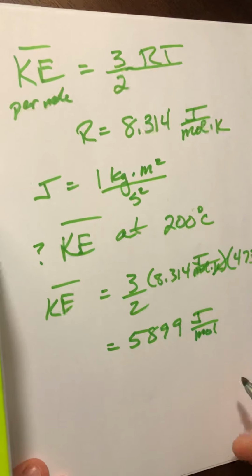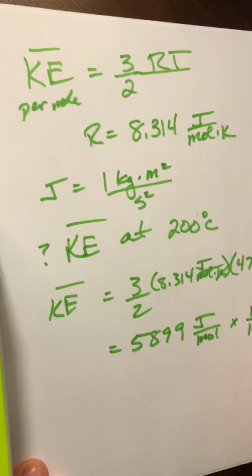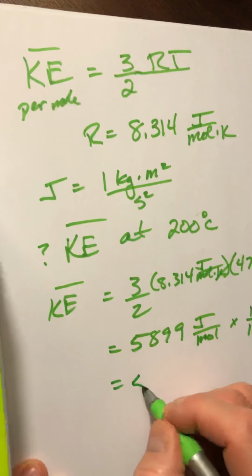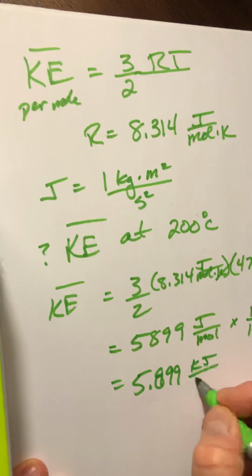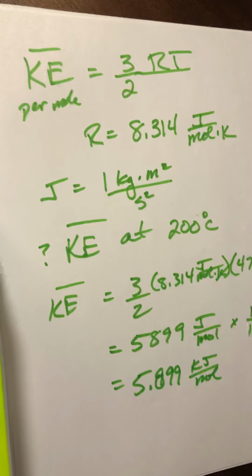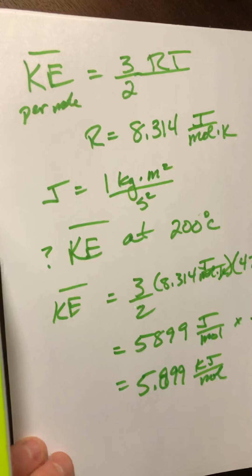If we want to put that in kilojoules, just divide by 1,000, or times 1 kilojoule over 1,000 joules. And it's 5.899 kilojoules per mole. They're all like that. You just pretty much have to go through and find the right temperature, and you're going to get then a per mole value. As far as the root mean square velocity goes,